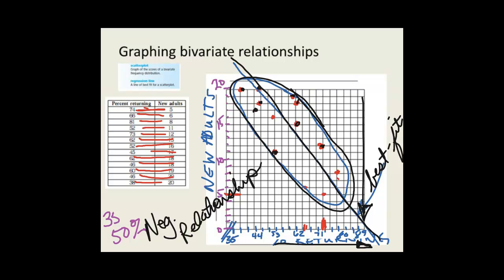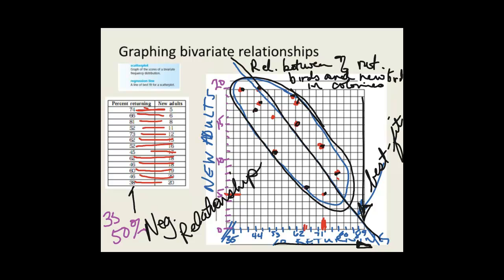Then the title of the graph just needs to be something that's descriptive. In this case, I would say the relationship between the percent returning birds and new birds in colonies. Something along those lines. Alright, so what we've learned here is that for a bivariate distribution, to graph it, you're